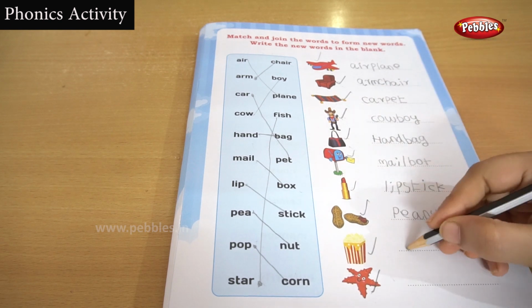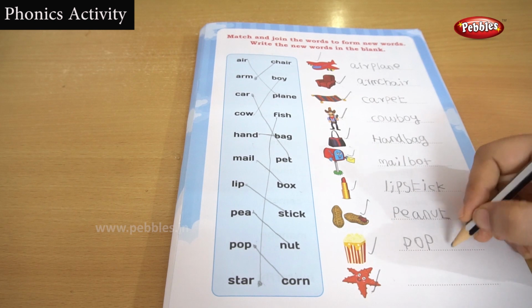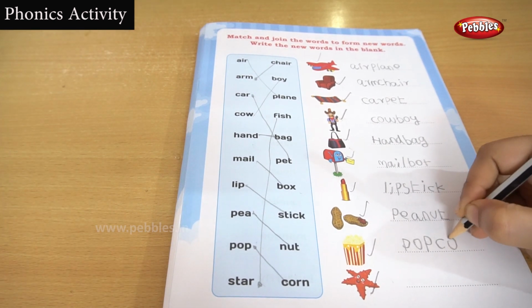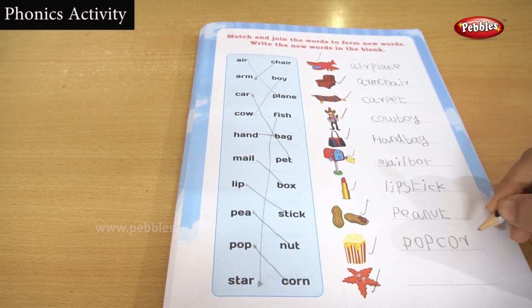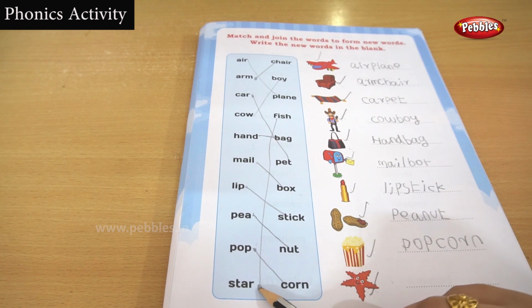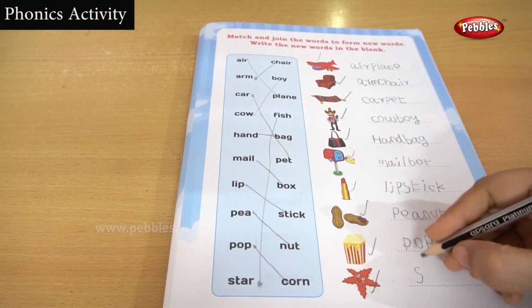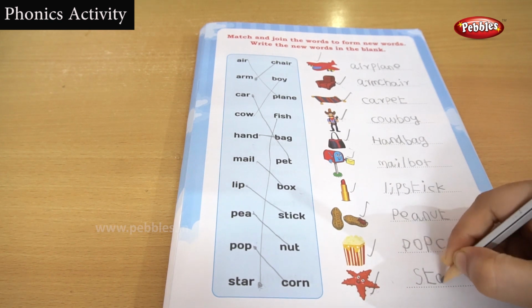Here the pictures are given. First we are going to find out the picture. Just name the picture, then we can go to this section. Listen. What is this? A for, you already studied this. What is this? Yes, this is an aeroplane. Very good. And this is,